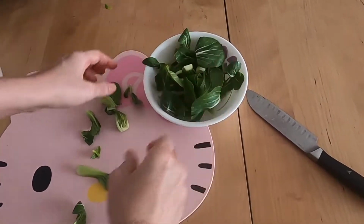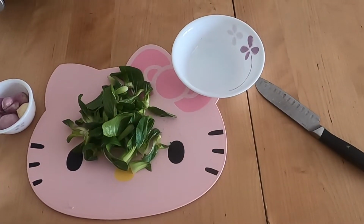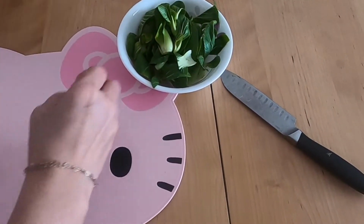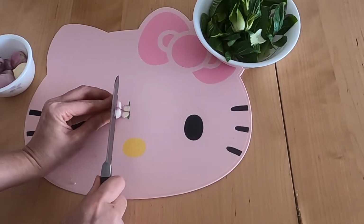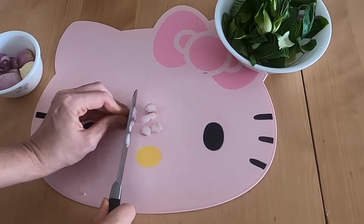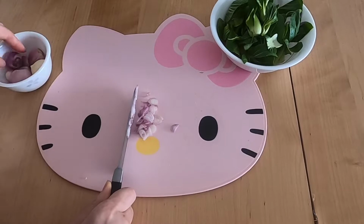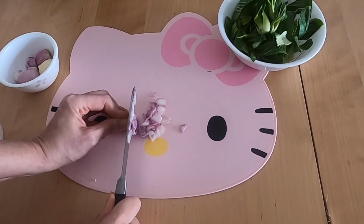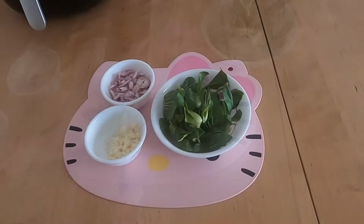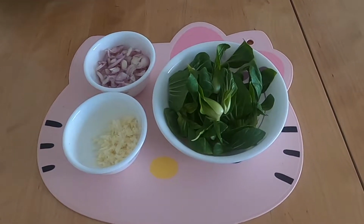Okay, the vegetables have already been chopped into smaller pieces. Then I'll chop some shallots and garlic. Oops, there's a vegetable here. Okay, so the shallots and garlic and the vegetables have been nicely chopped, so we are going to boil the